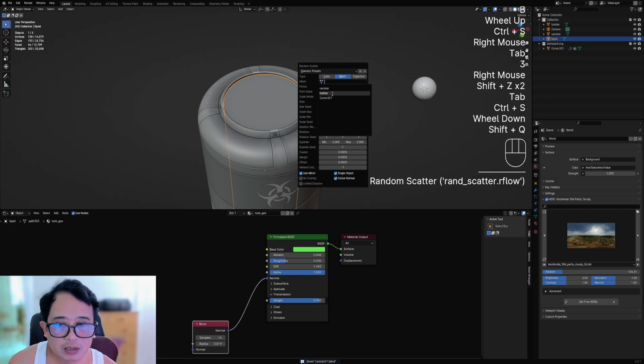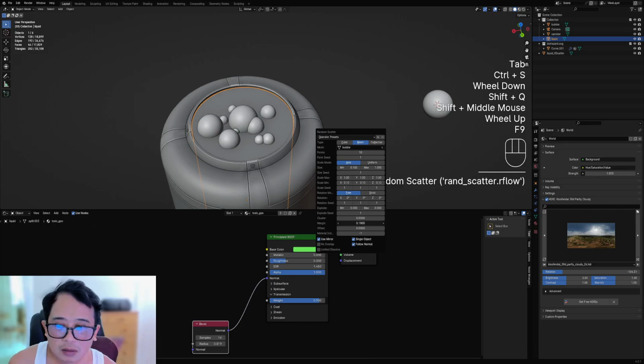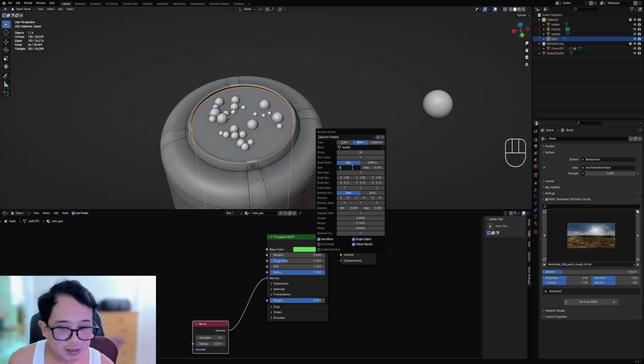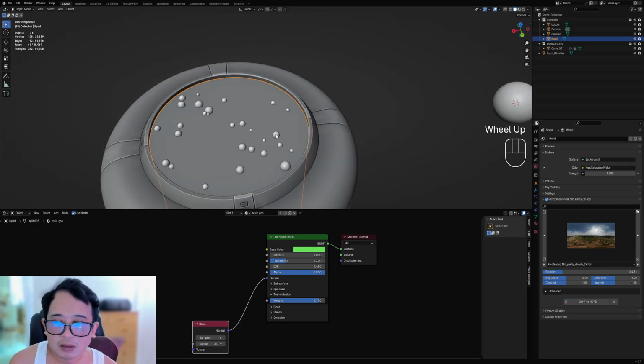Random scatter mesh bubble margin size. Let's just hope this works. Okay, it's 0.05, point 2, point 2, point 2. The margin is probably too much. There we go. And this one,